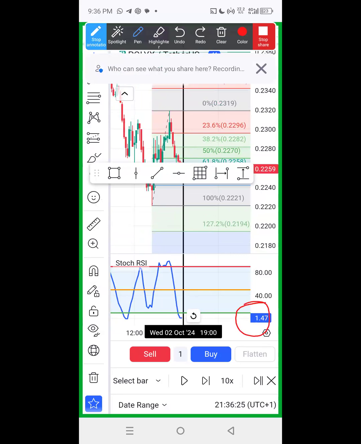I just need to master the three. Just in case I check here and it's not between 0 and 20, I will look for the second one. If I don't see the second one, I look for the third one. If I don't see it, I will go and look for another coin. So you see, I've gotten that. Then I'll go to the